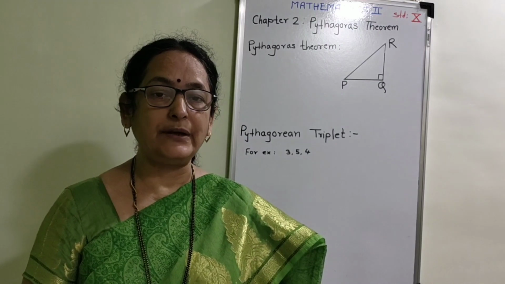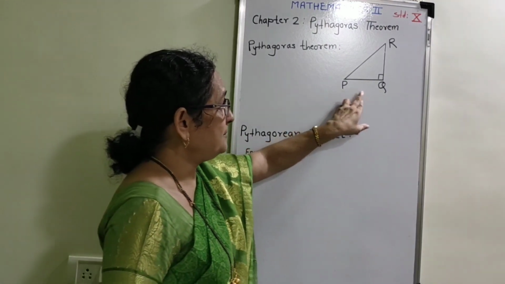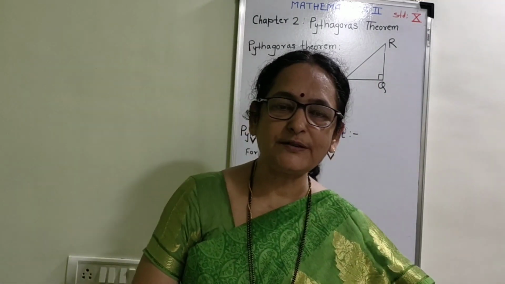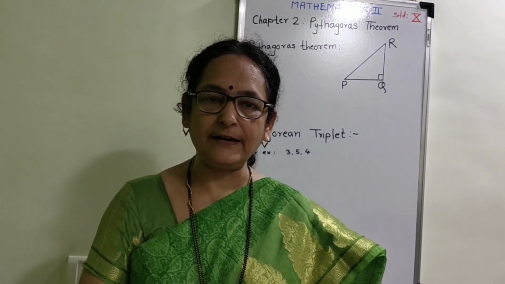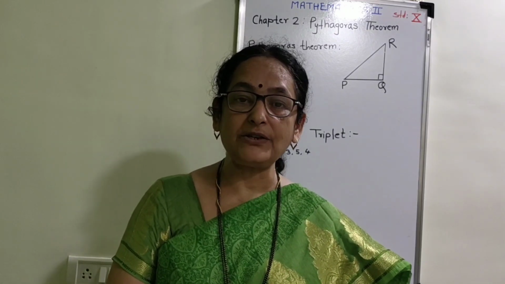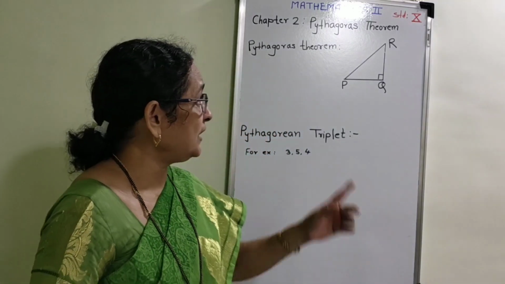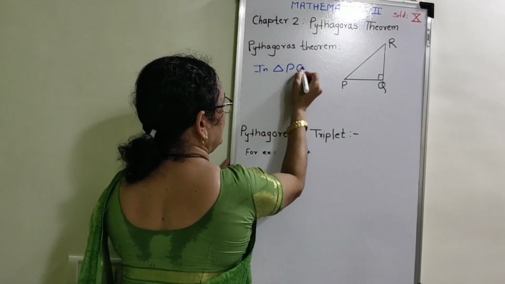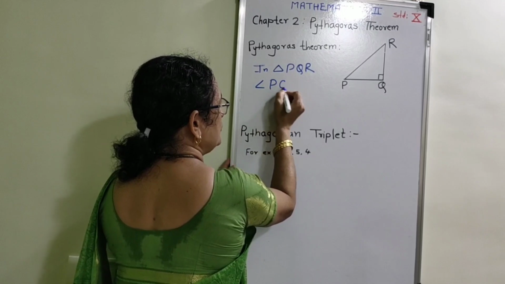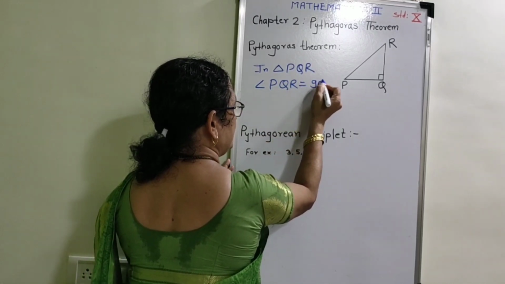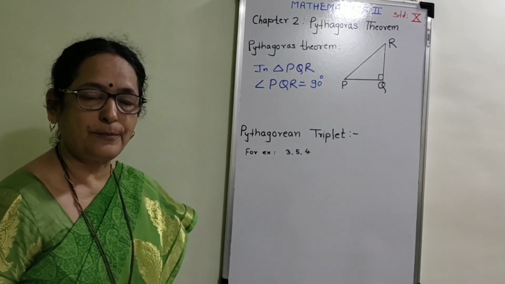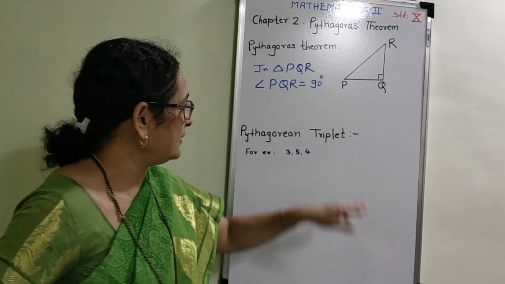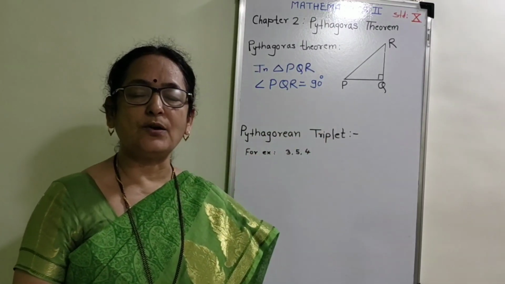Now on blackboard I have taken a small figure. Triangle PQR is given in which angle Q is of 90 degree. This thing is most important when you are given a right angle triangle. Observe first of all which angle is of 90 degree. Now in given triangle PQR, angle PQR is equal to 90 degree. This is one of the important formalities that when you are going to apply Pythagoras theorem for any right angle triangle, write down first of all which angle is of 90 degree.